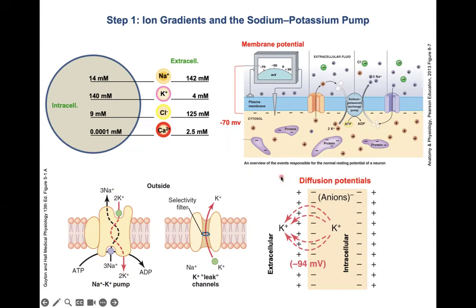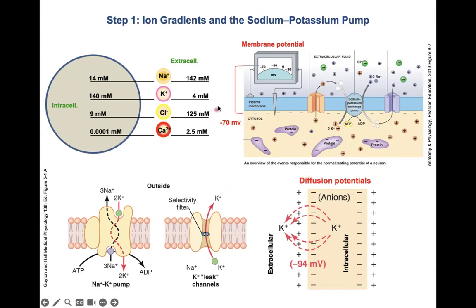Equally important is that the membrane is not equally permeable to all ions. At rest, it is far more permeable to potassium than to sodium. This difference in permeability means potassium largely determines the resting potential, which in most mammalian cells is typically around minus